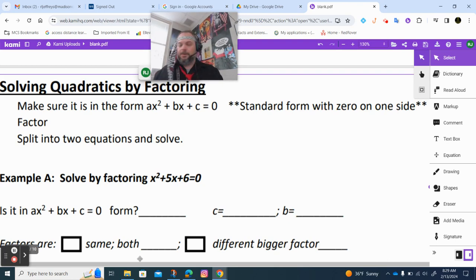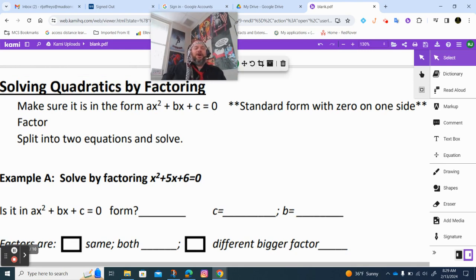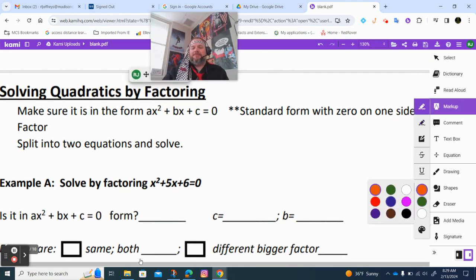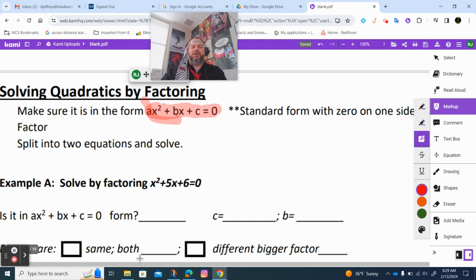All right, solving quadratics by factoring. Here's the super big major important thing. It's got to be in this form right here. It's got to look like that, okay? Which is standard form, 0 on one side. Super important,